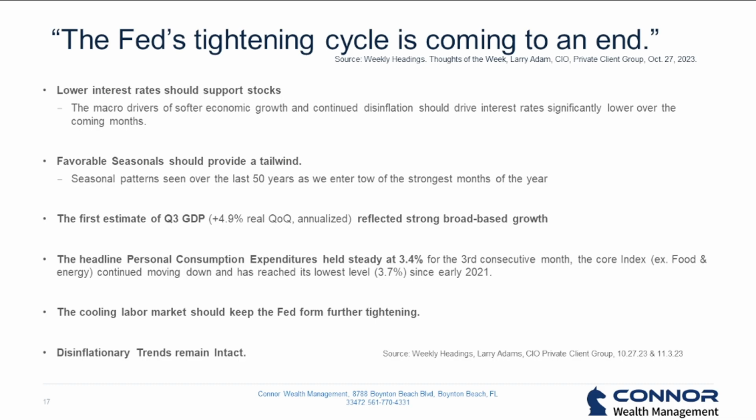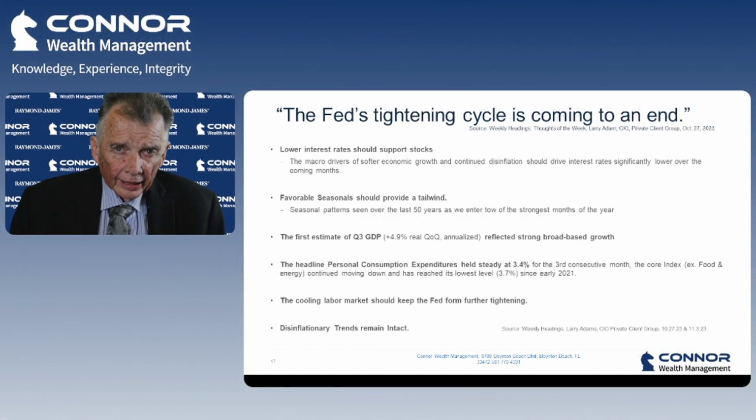If you look at commodities, whether it's wheat, coffee, corn, oil, lumber, they all have come down substantially since their highs of June of last year. So we're now looking at the consumption index is slower. We have a strong economy. The labor market is strong. And more important, the last item on here, disinflationary trends remain in effect.